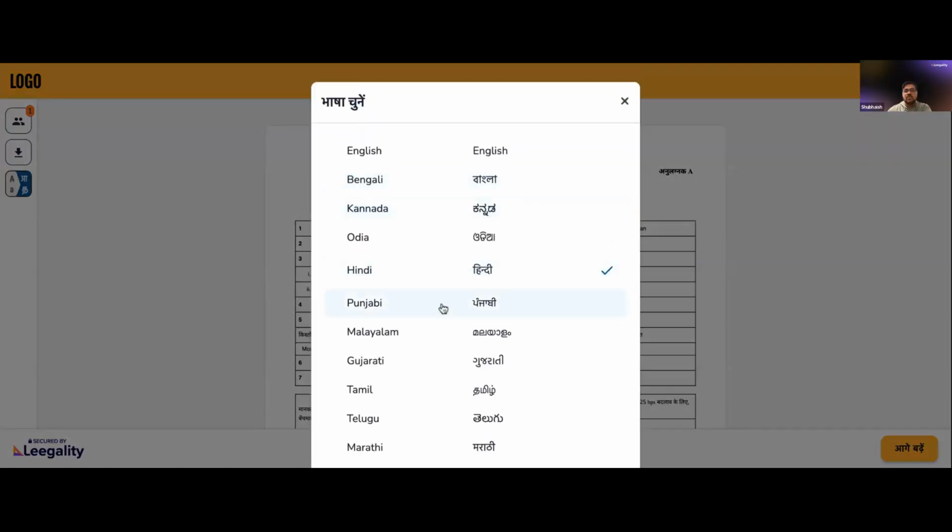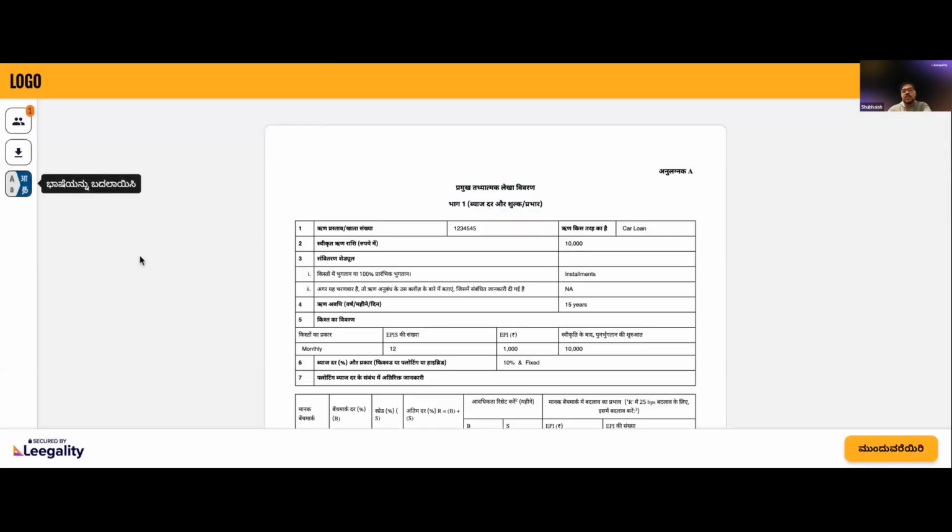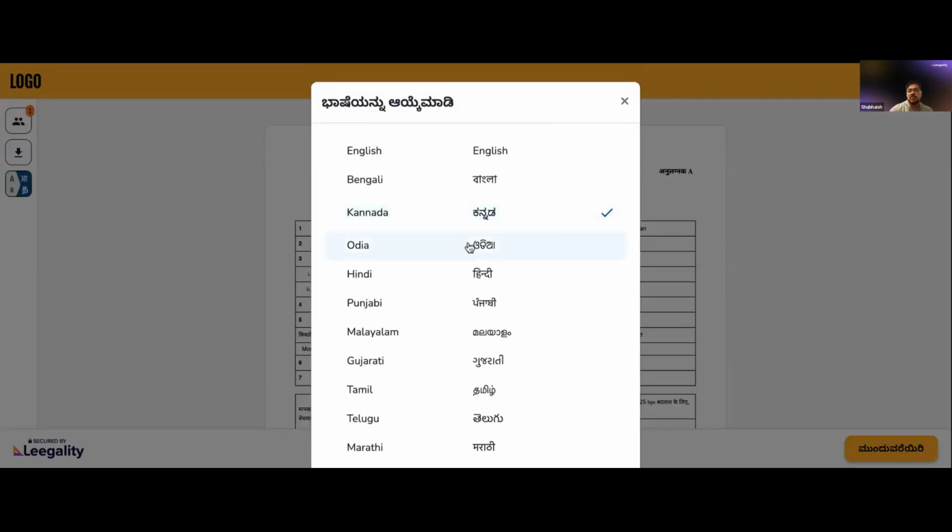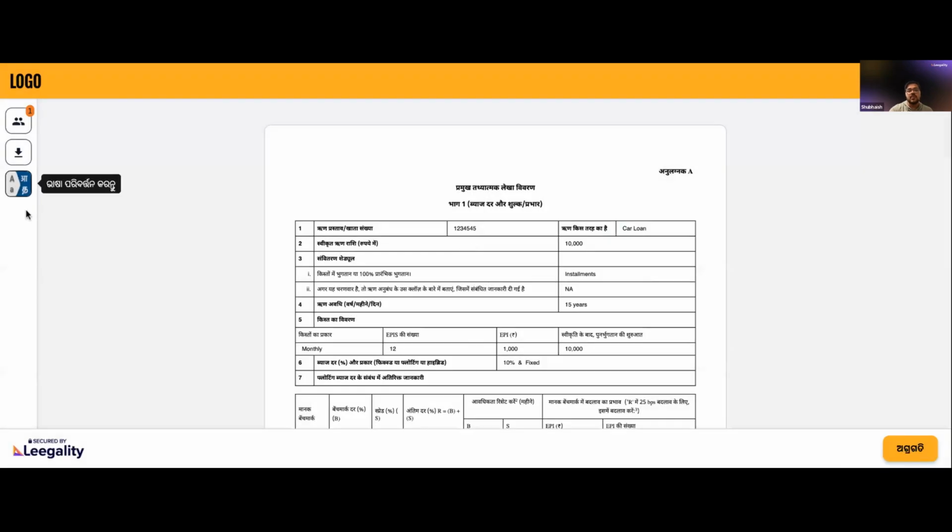Actually, that reminds me, I'll show one more feature. Let's say I want to switch my language. I'll go to Kannada. And in Kannada, the same word which was saying Aage Badhe here, and in English it says proceed, you'll see the length of this text has increased. So what we've done is for your customers to be able to smoothly use the local language feature within our interface, we're changing the way each element reacts with the language. So just notice the size of this button, I'll change the language again, and you'll see it's changed.